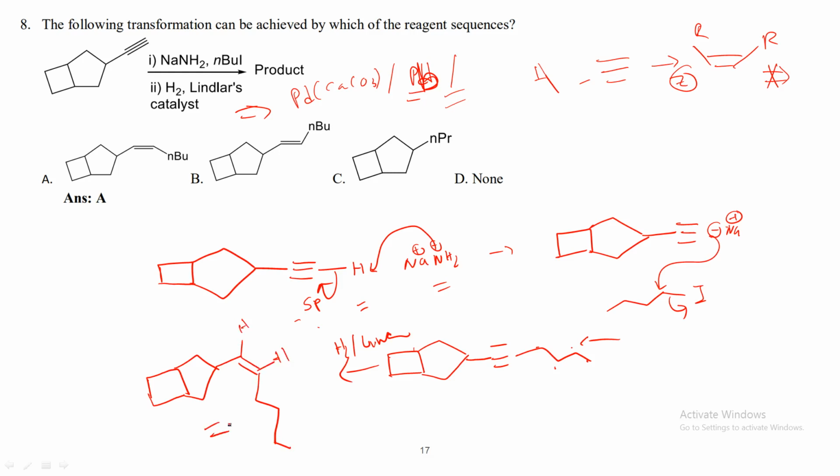So this should be the product. So let's see here the Z geometry in butyl, which is this butyl group, and this group. So this is the answer. So here it is E geometry,